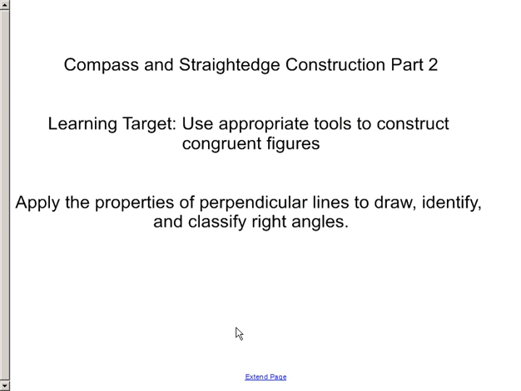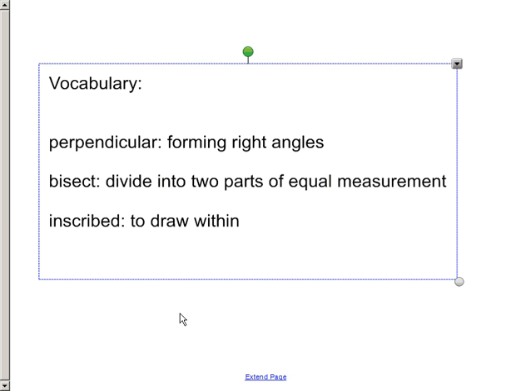All right, this is part 2. It is lesson 5.8. In lesson 5.7, you did some construction using your compass and a straight edge. And so for part 2, you are going to use those tools to construct more congruent figures. And you're going to apply what you know about perpendicular lines, and you'll be drawing and identifying different angles and shapes. So our new vocabulary: